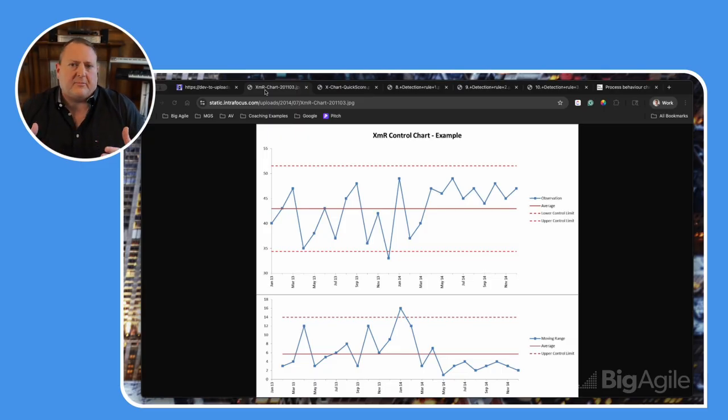What we do is establish what's known as natural process limits. We have an upper natural process limit and a lower natural process limit. Those are calculated empirically from the data of your velocity or your cycle time or whatever metric you're trying to grab. Signals become a lot more visible when a data point is breaching the upper or lower natural process limits. Let's say this is a velocity chart: you have the observed data and you see the dotted red lines on the upper and lower natural process limits.